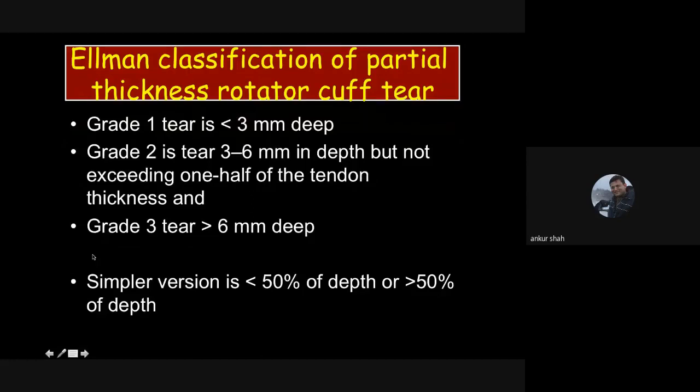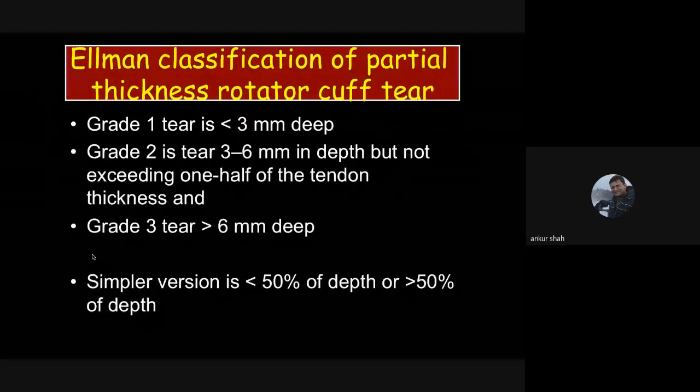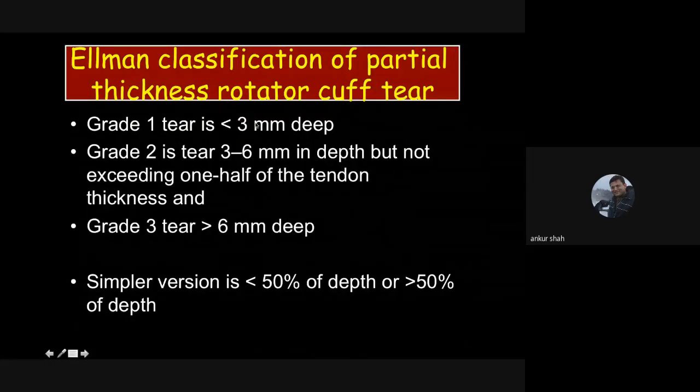Now there is one more, the Ellman classification, which is for the partial thickness tear, which measures the depth of the tear, whether less than 3, 3 to 6, more than 6. But what we use more frequently is this. That is, if it is less than 50%, we tell it a superficial tear. If it is more than 50%, we tell this as a low grade tear. This we tell as a high grade tear. So whether it is less than or more than 50% is more easy practically to see visually rather than measuring the 3 millimeter,